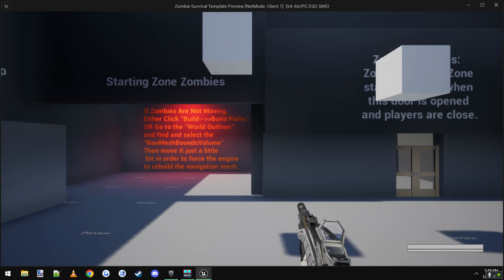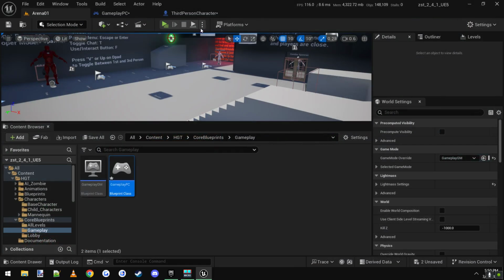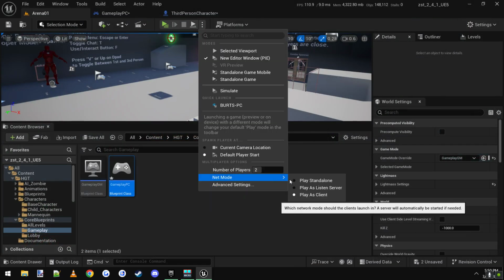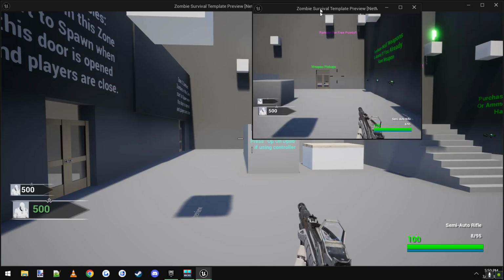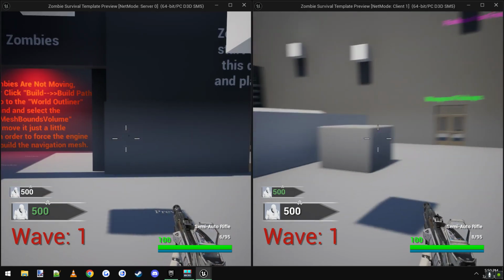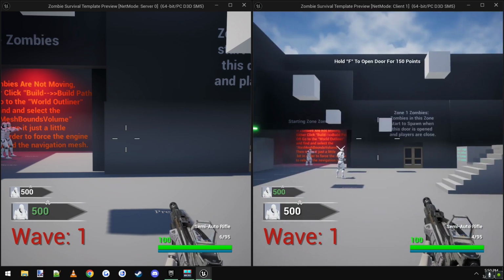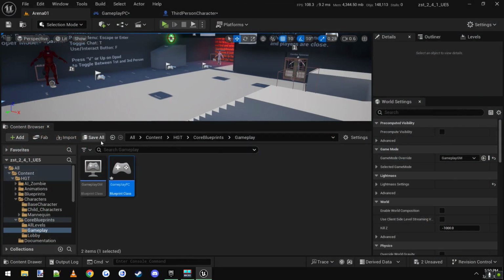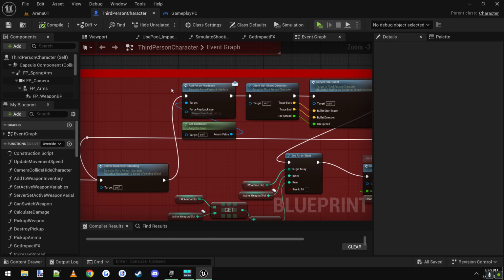Let's see. And let's test it with 2 just to make sure that we don't rumble on both at the same time. Alright, server, that's good. As you can see at the top left, it only prints for the actual player that's shooting. You don't want everyone's controller rumbling when somebody's shooting. So that works great. And let me just show you a couple more places that you could do this, like